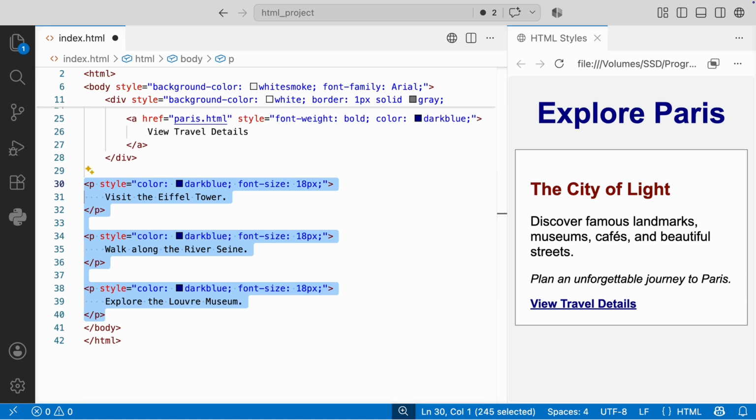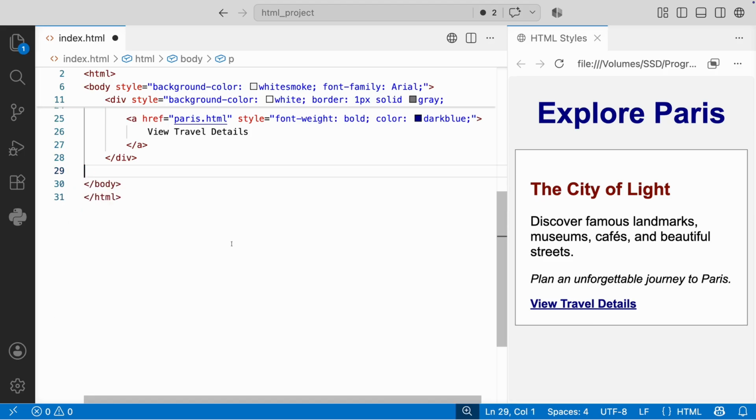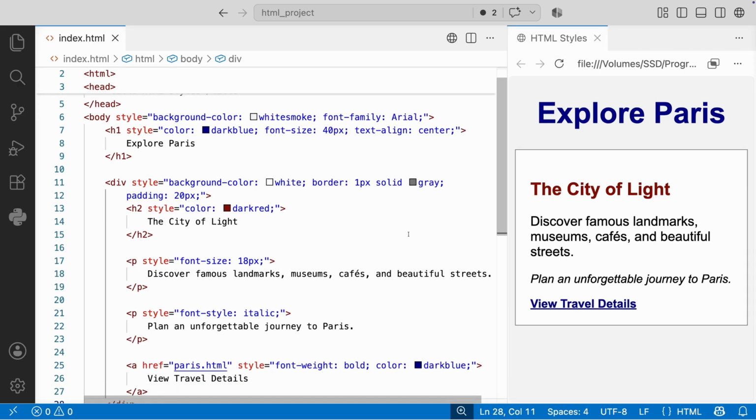For larger web pages, it is better to separate the CSS from the HTML. CSS can be added using an internal style sheet or an external style sheet. These methods allow the same styles to be reused across many elements and pages. We will study inline, internal, and external CSS in detail in the CSS course. In this lesson, the important idea is that the style attribute allows us to apply CSS directly to an HTML